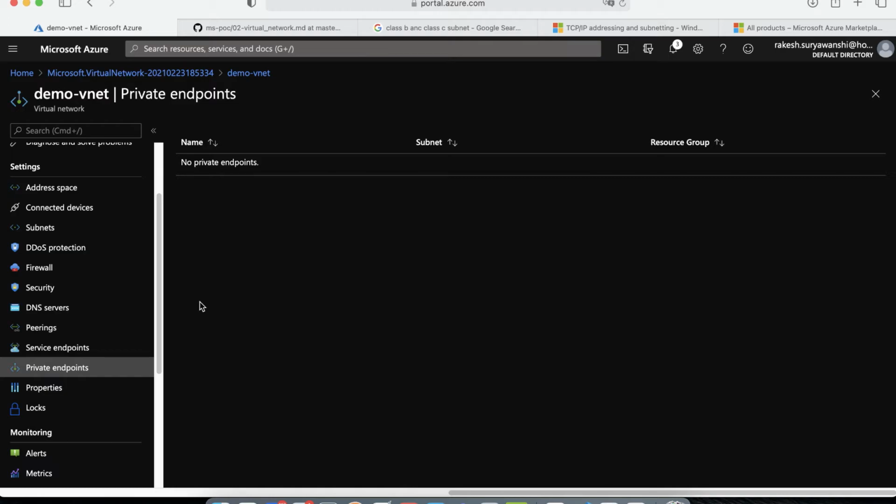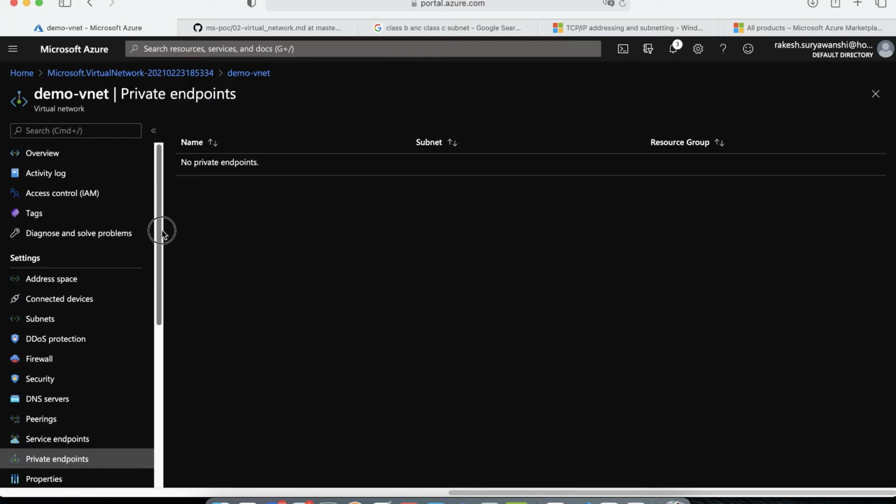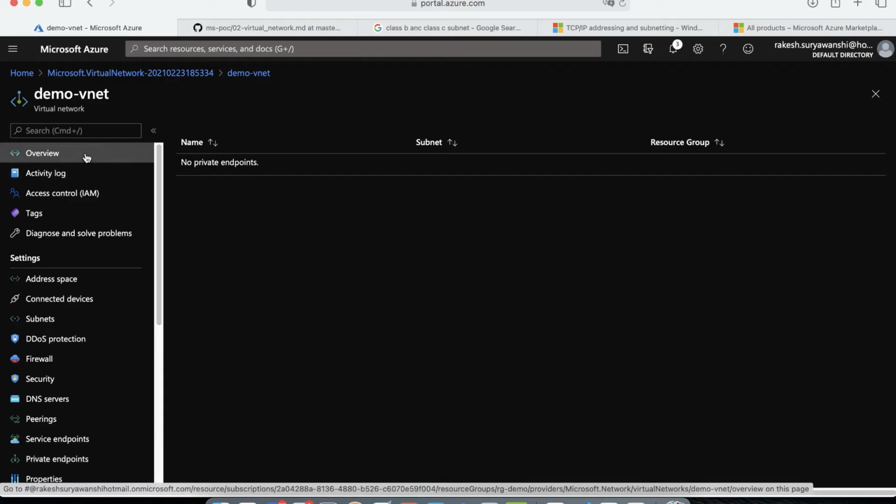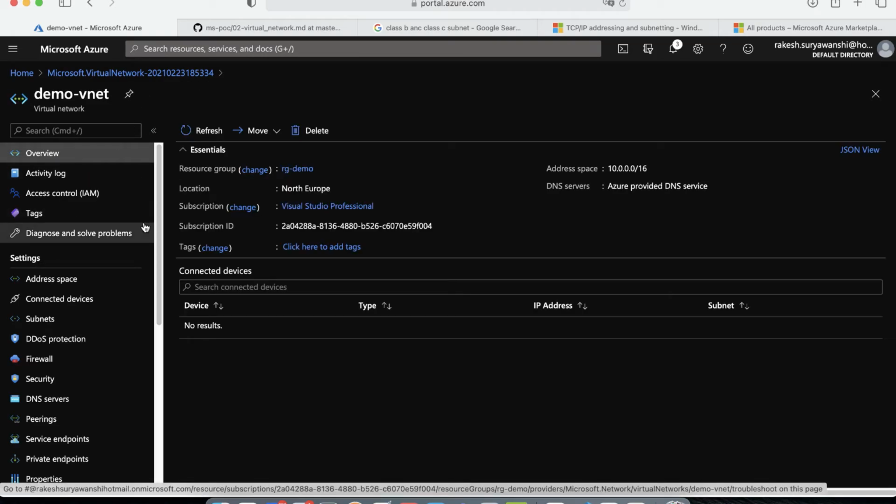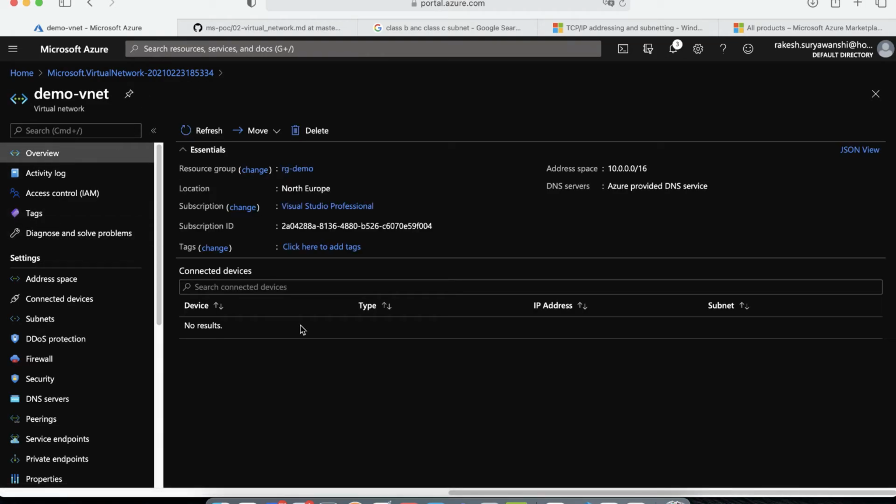They need to come via my network communication, and they need to follow all my guidelines, which I have specified in my virtual network, right? So this is how the private network concept at the high level is given, and this is how you can specify. Now at the last, if we are going to cover